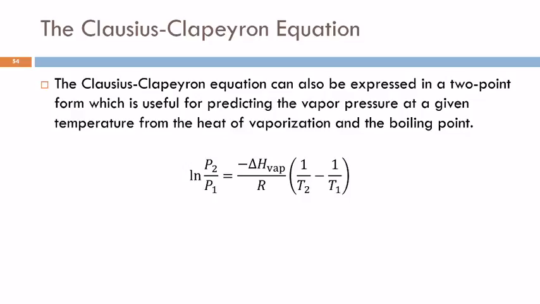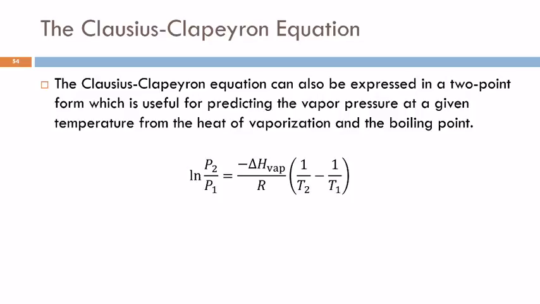We can also express this equation in a 2-point form. This is useful for predicting vapor pressure at another temperature. For a lot of things, we know what the heat of vaporization is because other people have been very busy calculating and determining all these things. We can usually find a vapor pressure at some temperature, but it might not be the temperature that we want it at. So we can use this equation if we know the heat of vaporization and the vapor pressure at one temperature. Then we can use the equation to calculate the vapor pressure at some other temperature